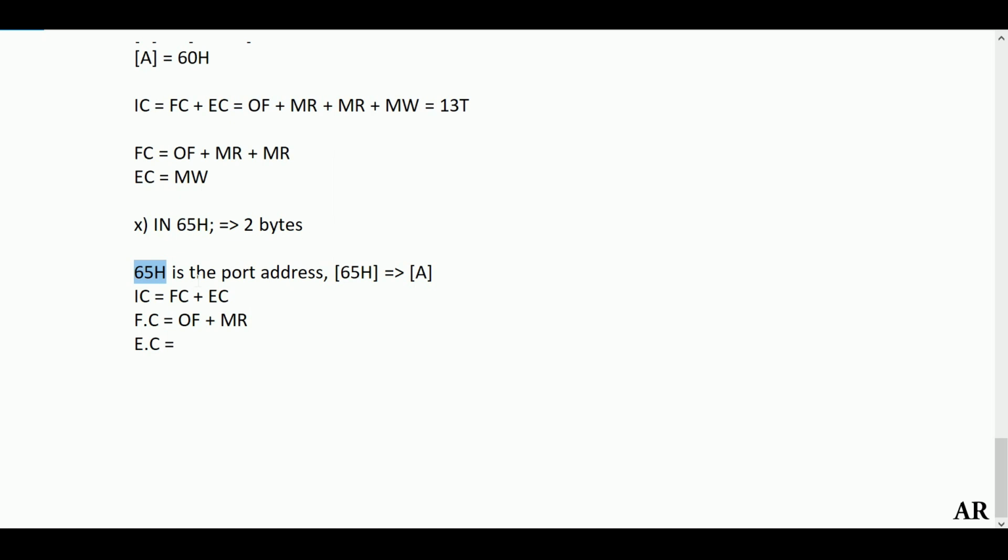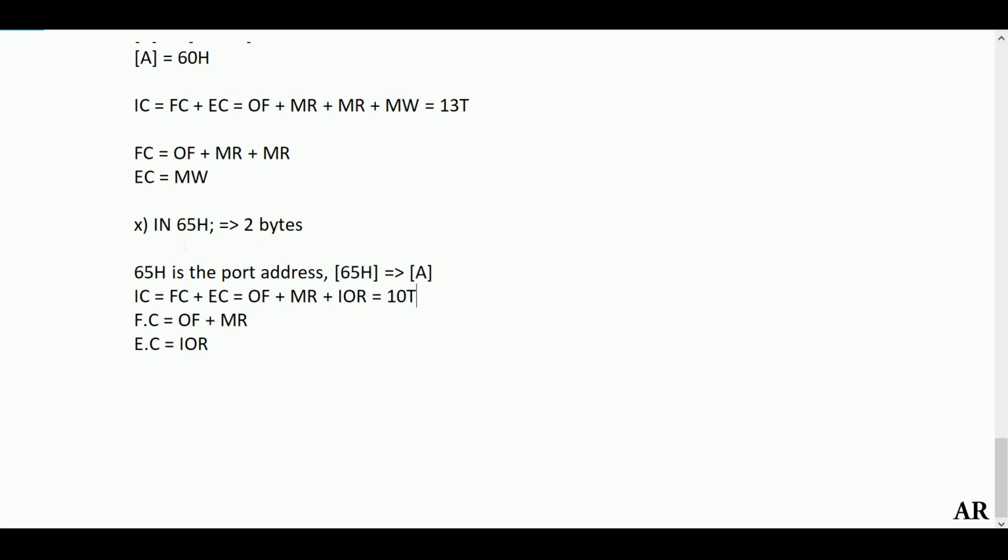It is an input device, so it will perform an IO read operation. So the execute cycle will be IO read, and therefore your total instruction cycle equals opcode fetch plus memory read plus IO read, that is 4 plus 3 plus 3. So this will take a total of 10 T states.